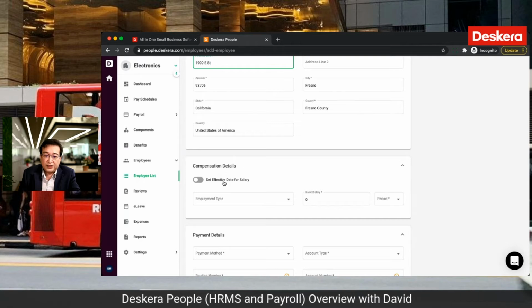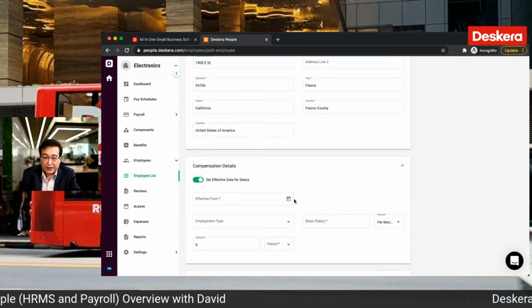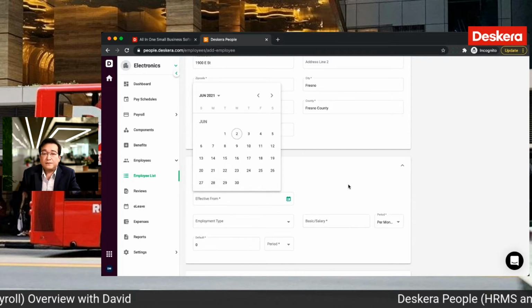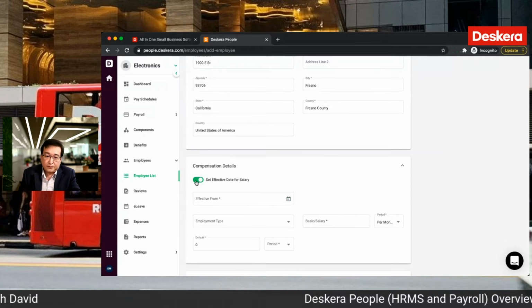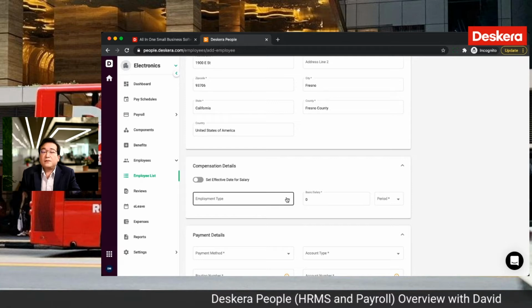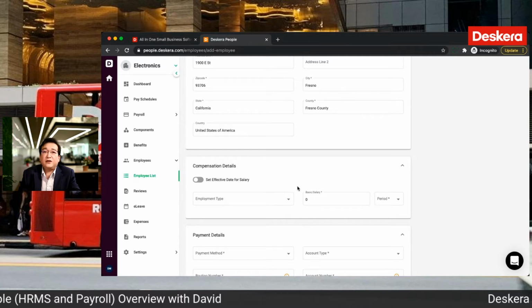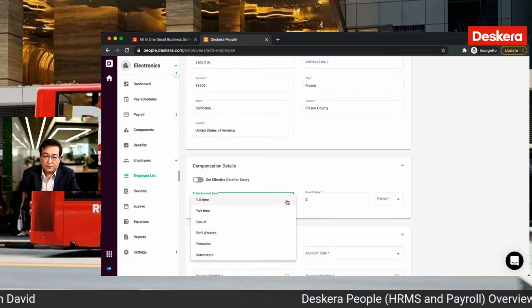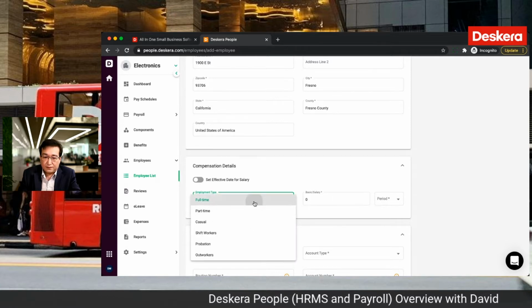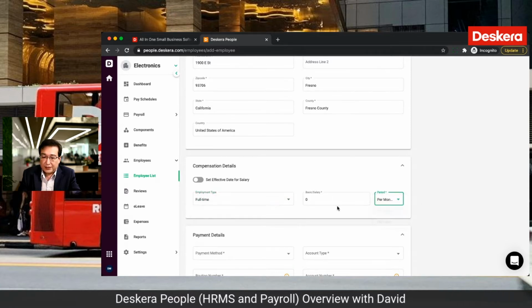Any compensation details. Set the effective date for the salary. So if it's not effective on that date, I can say it's effective from when. And these details can be imported using our import file. So all this information I'm inputting here is the same information you can import in the import file. So I'm just selecting his salary,